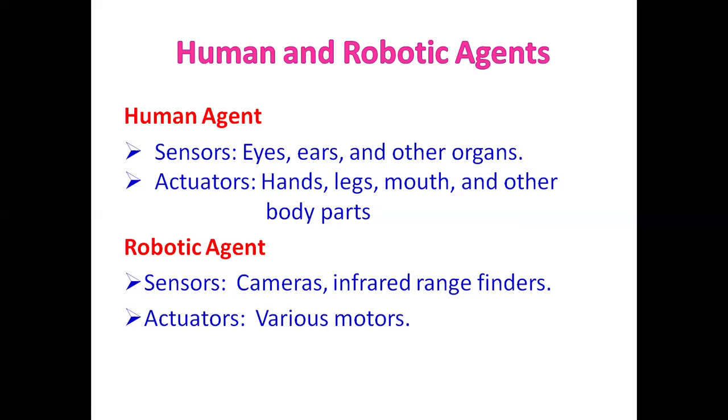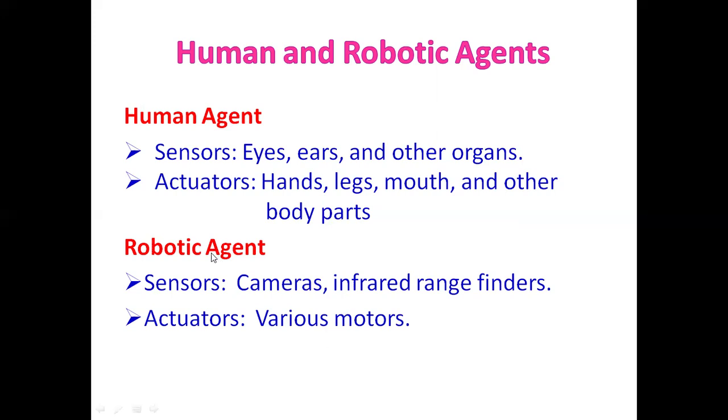The hands allow for fine motor control and manipulation of objects. What is the function of the legs? The legs enable movement and locomotion, and the mouth facilitates communication, eating, and breathing. These actuators are controlled by the brain and nervous systems, which coordinate physical responses based on sensory inputs. That means ears, eyes, etc. In this way, the human agent continuously interacts with and responds to the environment, adapting through sensory feedback and motor action.